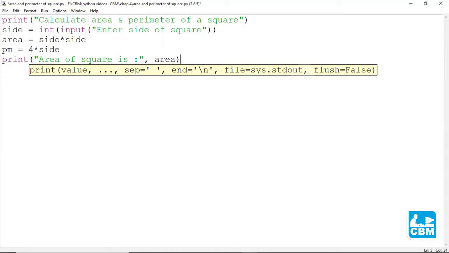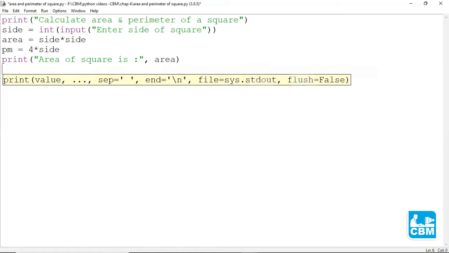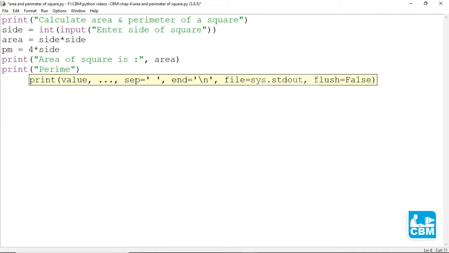Similarly, we need to do this for perimeter as well. So print, perimeter of square is, comma, the perimeter has been stored in the variable PM. So I will write here PM. And here the code to calculate the area and perimeter of our square is complete.